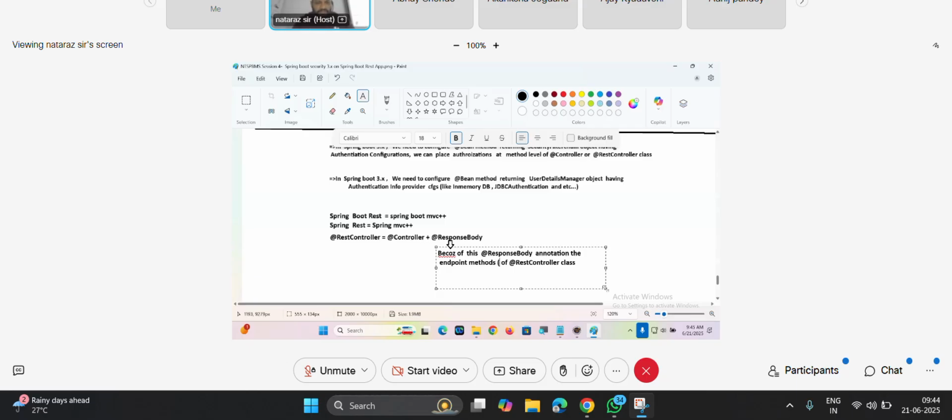The endpoint methods of the RestController class